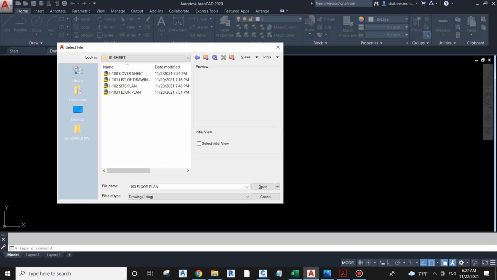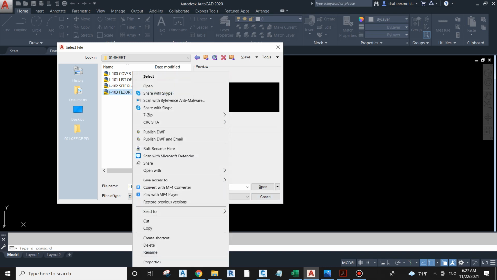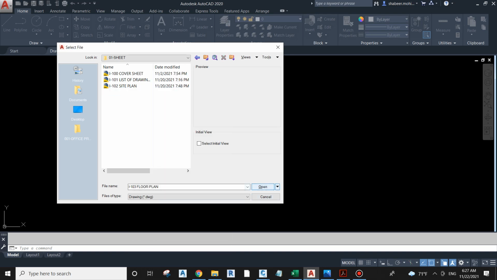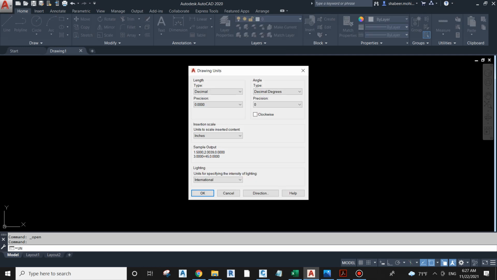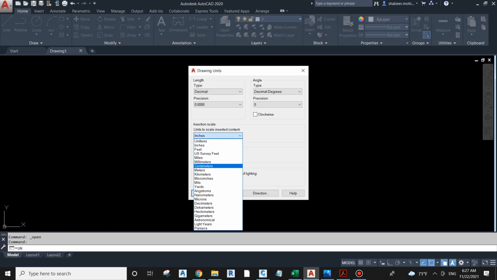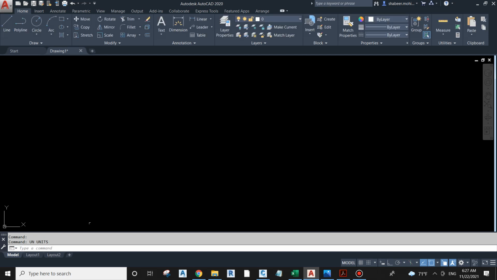Right. So the next thing is that I think I did up to the floor plan. For now, I'll do two things. I'll try to repeat the floor plan once again. So I'm going for the units and checking my units are millimeters. Okay, change them to millimeters and precision 0. Say okay, and the same things like very quickly deleting the layout,